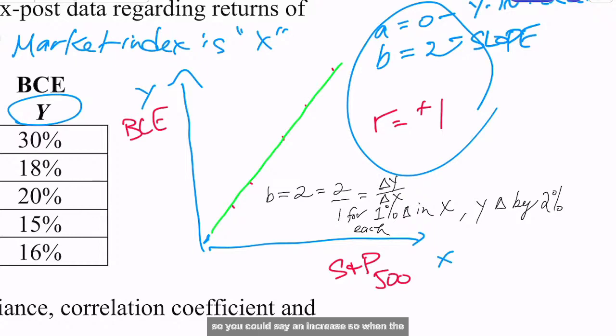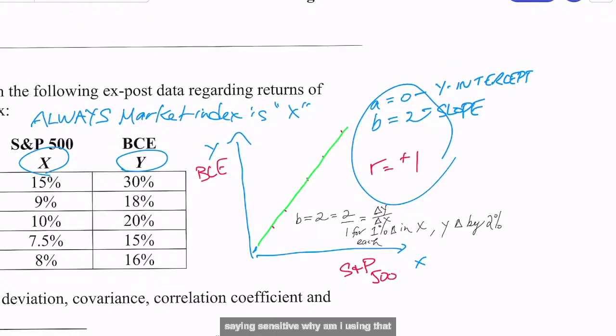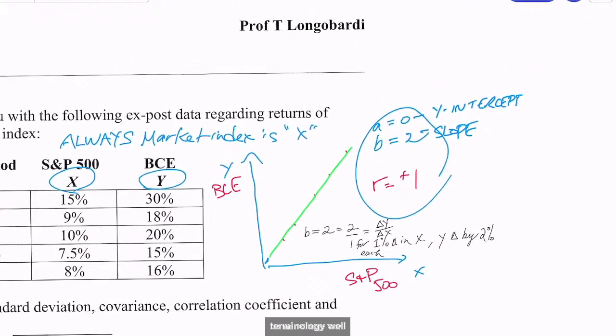So you could say an increase. So when the stock market goes up by 1 unit increase, then BCE returns go up by 2 units, or 2 percentage points. So that means it's sensitive. Why am I saying sensitive? Why am I using that terminology? Well,